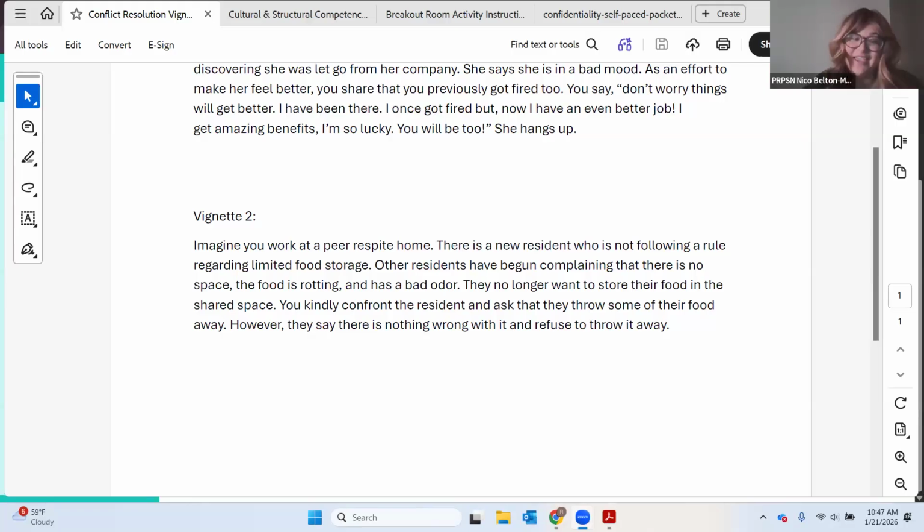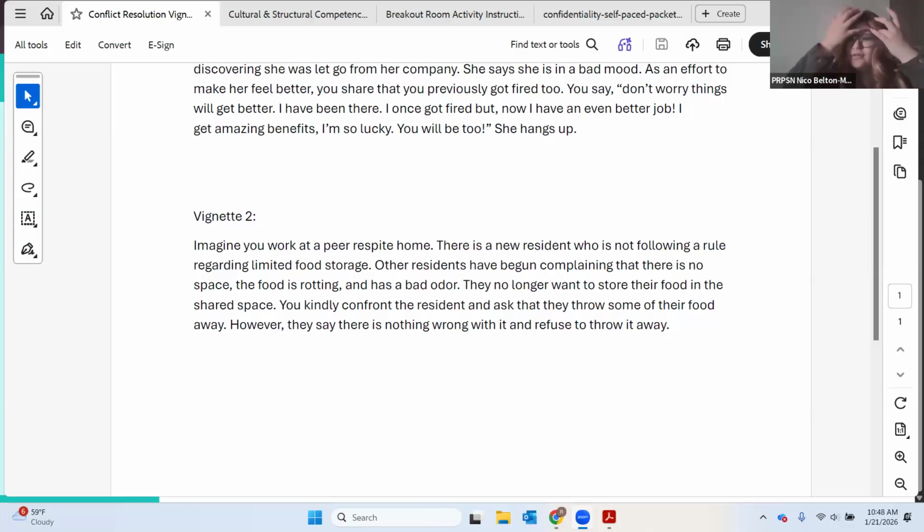Yeah, this one is a complicated one, and I will say the resolution did not end up being something that I would have liked, but I wasn't really involved. This is actually a story that I heard from a caller. Antonia or Quinn says, I would offer to maybe help replace some of the food that is rotting or smelly, or find an alternative to where it can be stored.